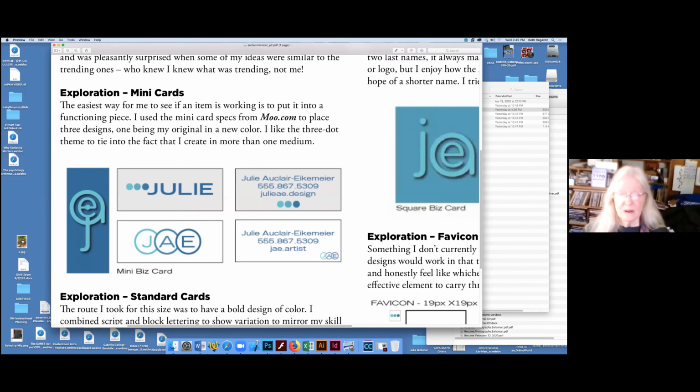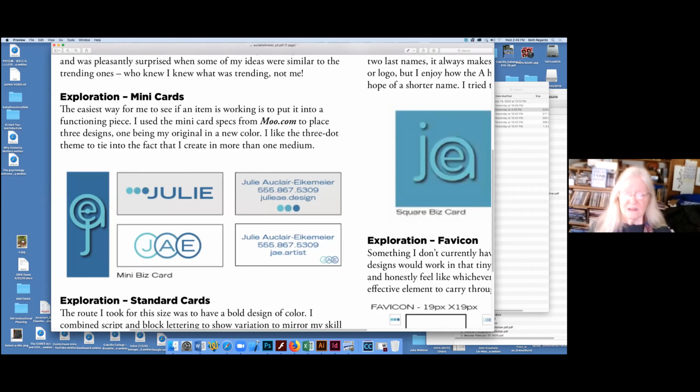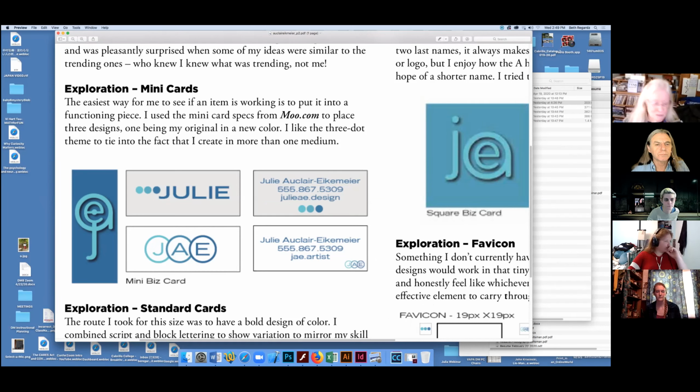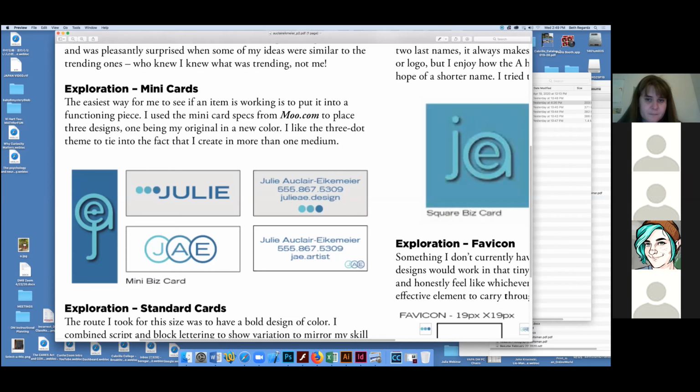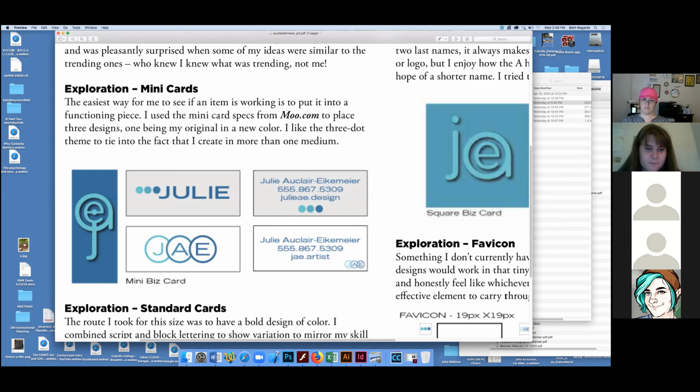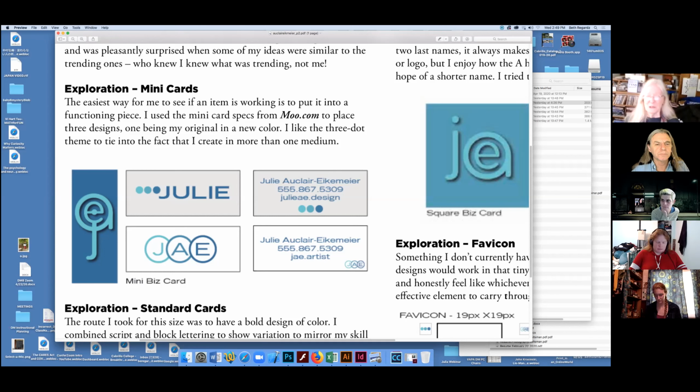So these are how they would appear on a mini business card, and this is something that's been happening quite a bit lately. All different kinds of cards are going on, but I think the mini cards are really easy because they fit more easily in small spaces. So if somebody's got a limited amount of space or a crammed full wallet or something like that, the mini cards are coming to the rescue. And these are following,